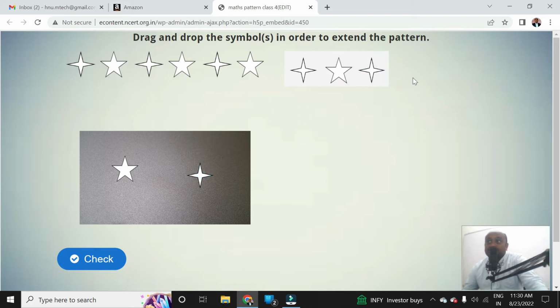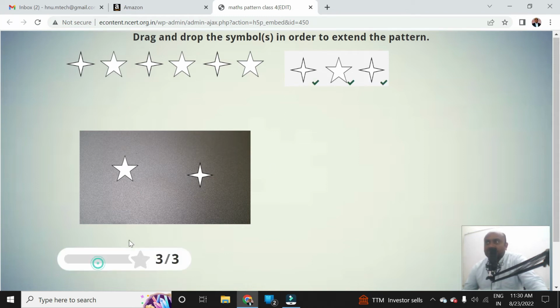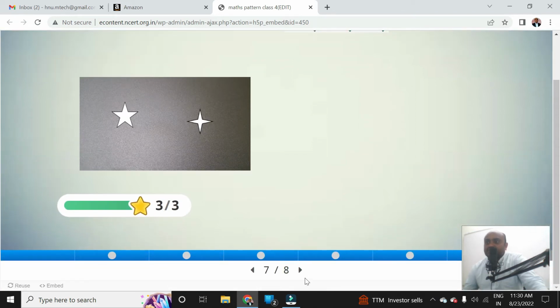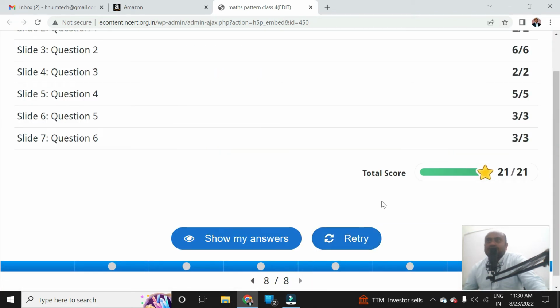Here we don't have a space, so don't go for this big star again. After the big star you have to go for a small star, and then big star, and then small star, and stop there itself. So that's all. This is the activity which gives a clear picture of what the patterns are and how you are going to